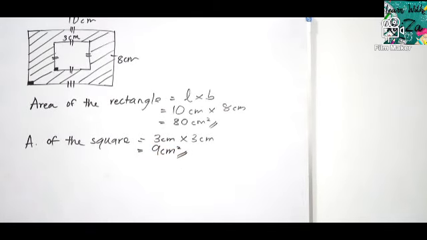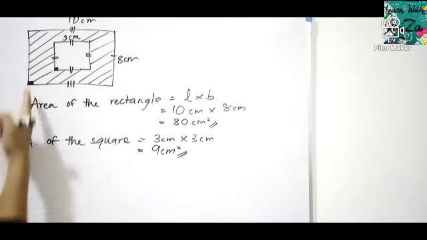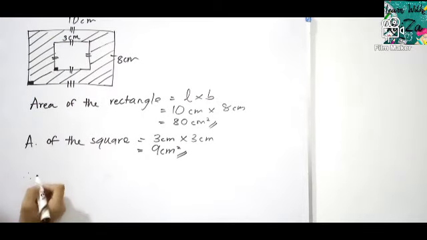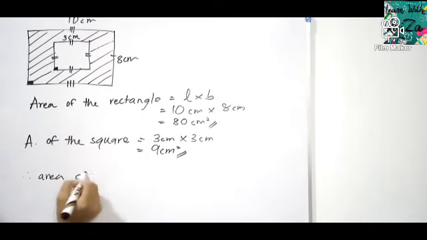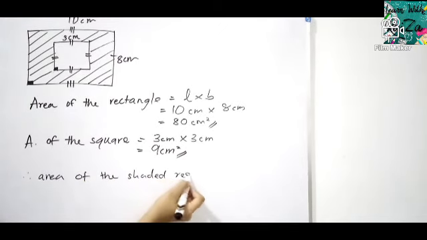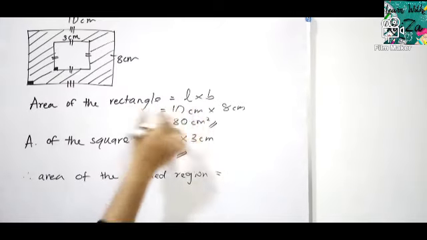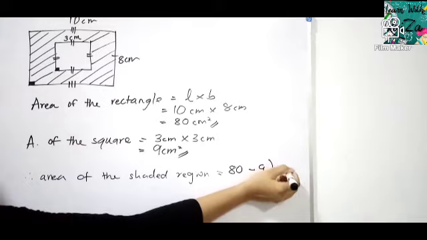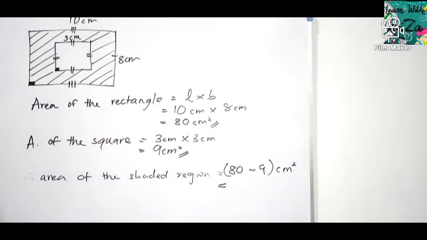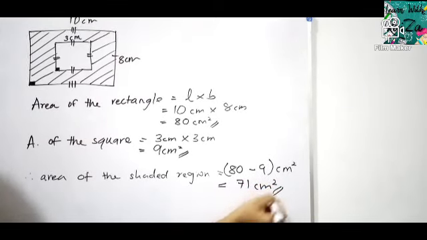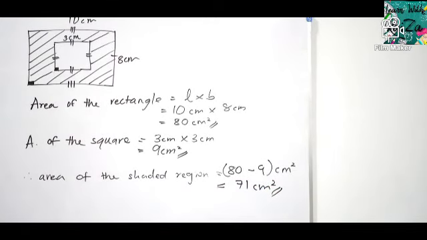But still our question answer is not finished. So we are asked to find area of the shaded region. To find the area of the shaded region, we have to remove this square away. Therefore, area of the shaded region. How to find the shaded region? Removing away means, I told you, subtracting. So from the bigger rectangle, we have to subtract 9 square centimeter. 80 minus 9. Yes, 10 minus 9 is 1 and here 71. So 71 square centimeter. So this is the area of the shaded region.